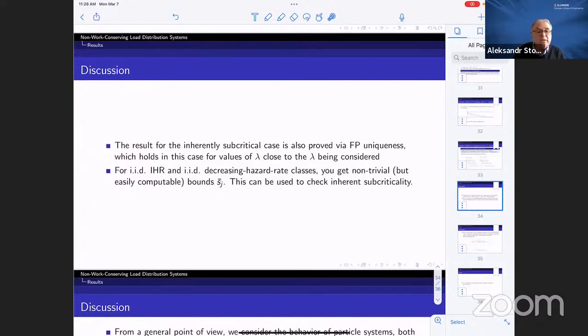which can be used to use this inherent subcriticality. And by the way, if you have IID decreasing hazard rate components, right, then the opposite is true. So the more you spread out workloads of the selection set, the less average workload you get. You can show that. Okay. So in this case, you also get a non-trivial upper bound on the average amount of work. It's basically k times the average size of one component, right? Because the best case in terms of minimizing added workload is to spread out workloads as far as possible, and then the k components will be served completely, and the remaining d minus k will not be served at all.